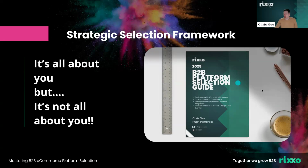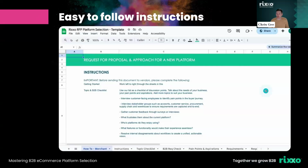So I'm going to talk through the secret sauce part of the RFP template. This is the bit you've all been waiting for, as they say. And we're going to just step through, look at how we now create a document that conveys this alignment, the context, and communicates it for the project. So first thing is some clear